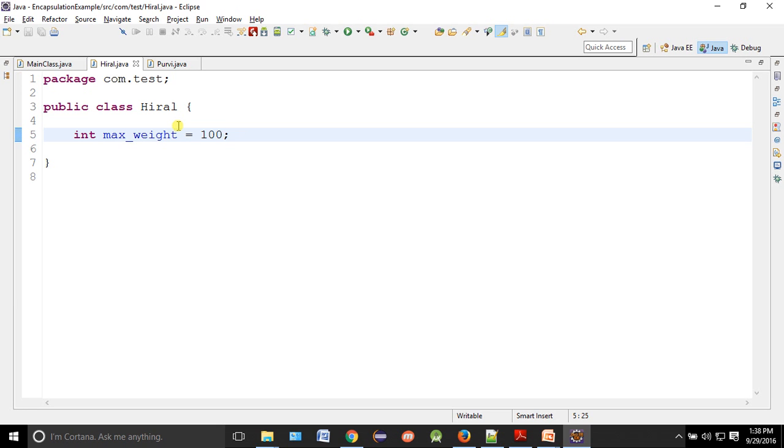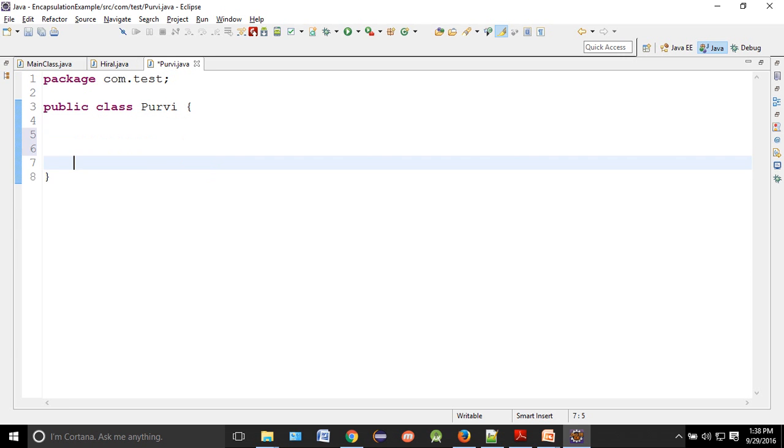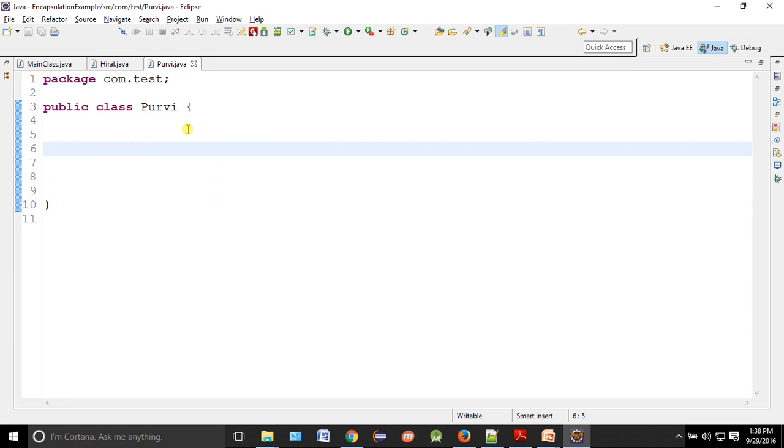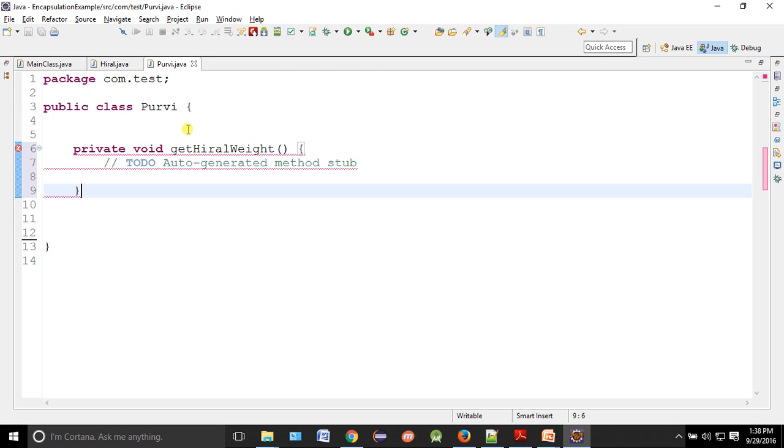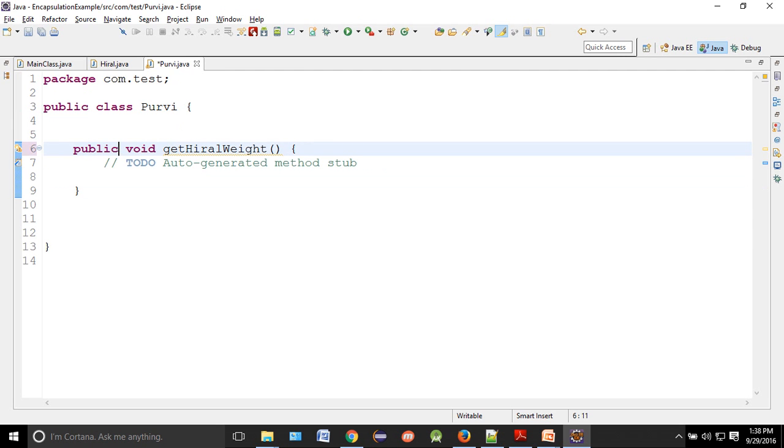Now we will go to Purvi, the other class, and she is dealing with the weight of 100. Purvi might be doing some coding, working with the weight of Hiral. Now Purvi will write one method called getHiralWeight, and she is making it public.